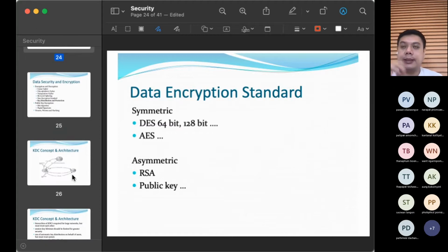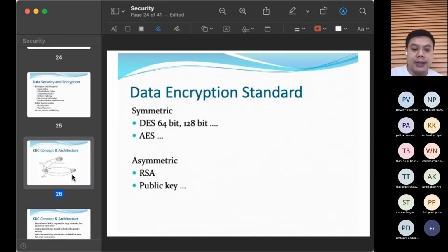But the idea is that asymmetric needs two keys, and if you look down into the protocol, it uses a lot of processing power, because it needs to do powers of big numbers, working with prime numbers. It uses a lot of processing, quite a lot of energy and data, and also battery, in the smartphone here.